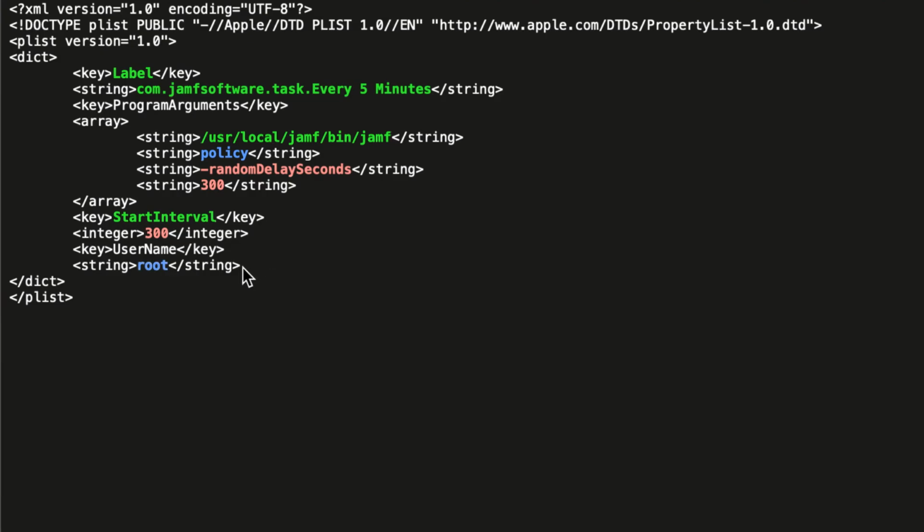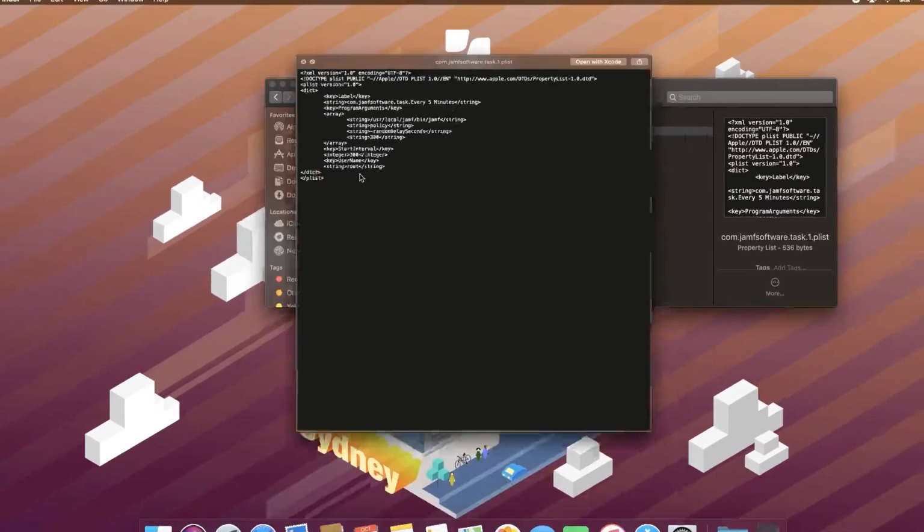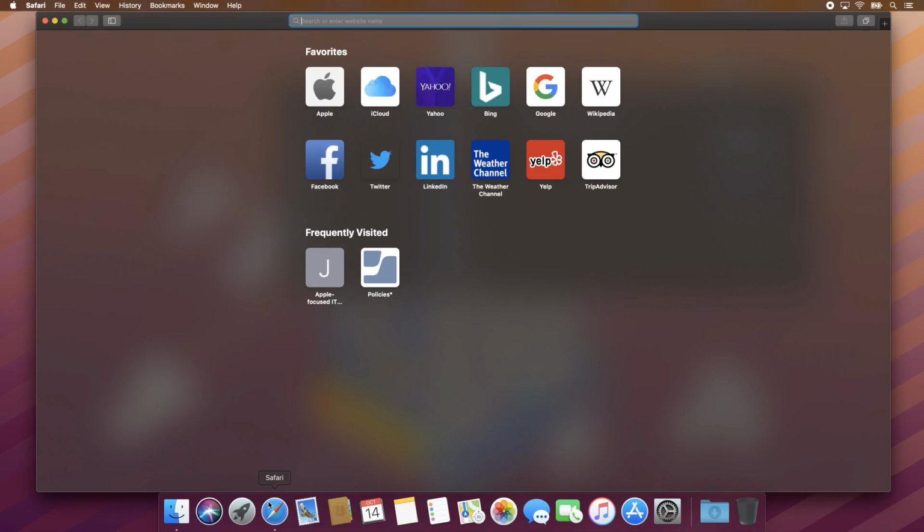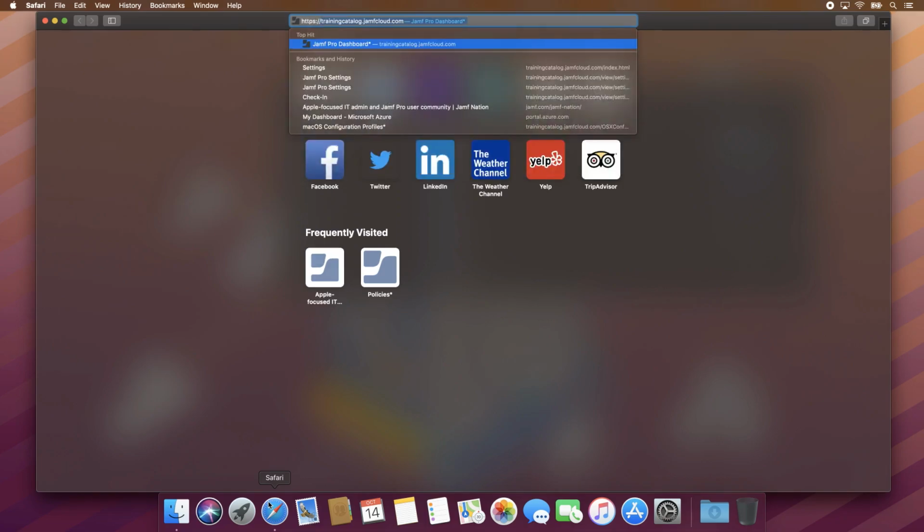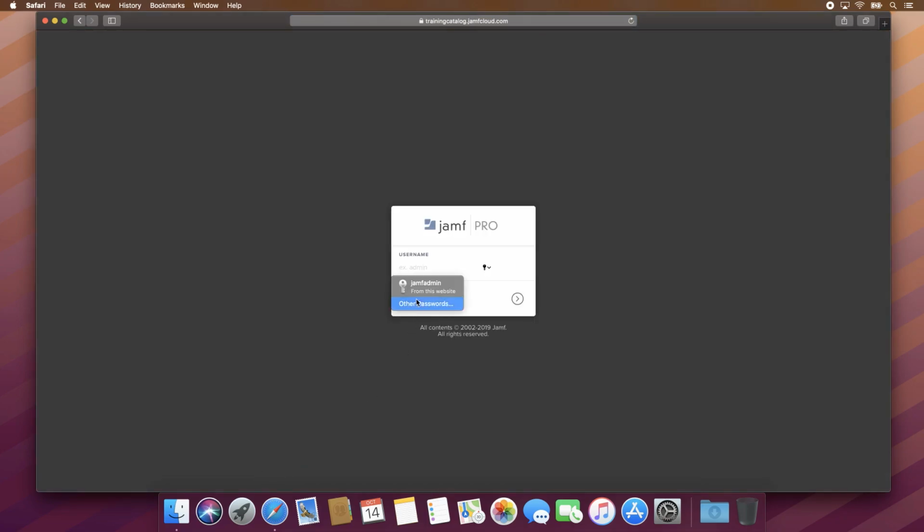Breaking this down, this daemon runs a process every 5 minutes. In this case, the Jamf binary with the policy option, and a random delay seconds of 300, which will check for available policies from the Jamf Pro server this computer is enrolled in. Because this process runs automatically in the background as the root user, users won't see or need to approve of its execution. If we want to change how often this daemon runs, log into the Jamf Pro server,